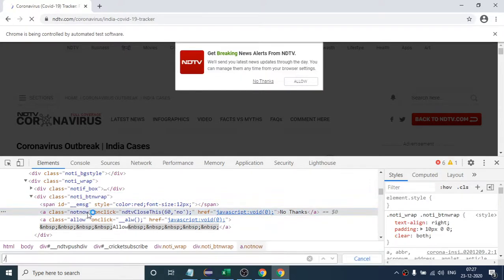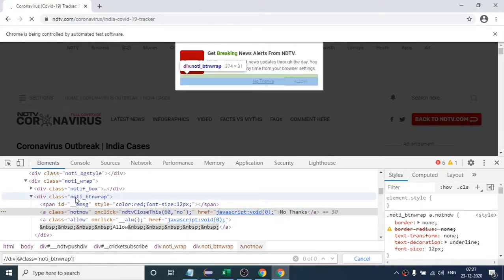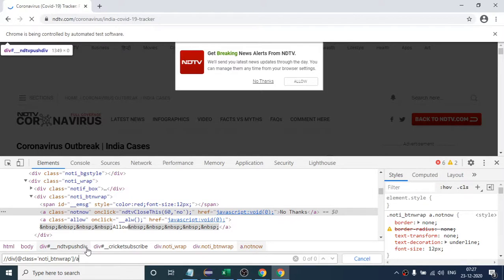For the XPath, let me write div at the red class, and after that I have to come to this one. Yeah, here I have to come, so I will say /a. Okay, so it is giving me exactly one element, which is this one. So our XPath is correct.